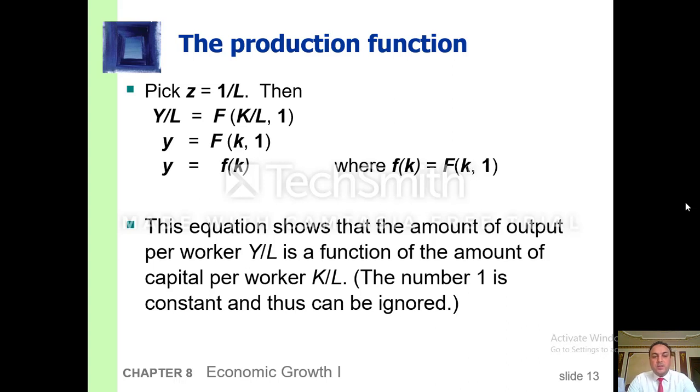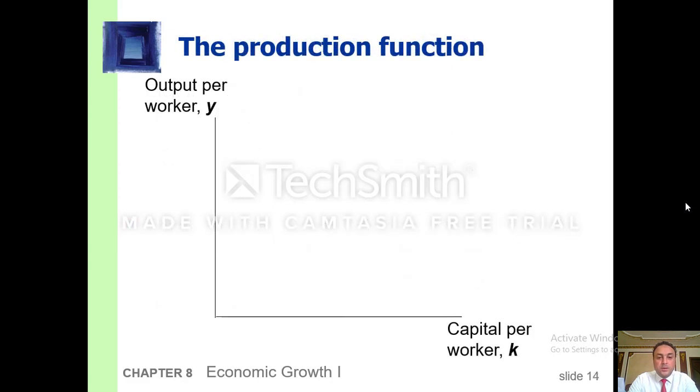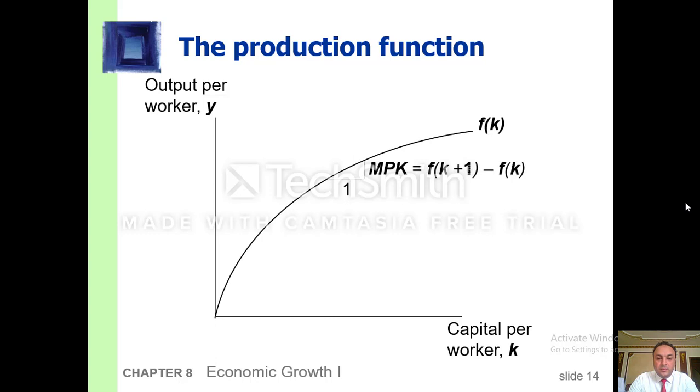So this equation here shows that the amount of output per worker, output divided by the labor, is a function of the amount of the capital per worker, the capital divided by the labor. The number 1 here is constant and thus can be ignored. Okay, so we can see here in this curve,